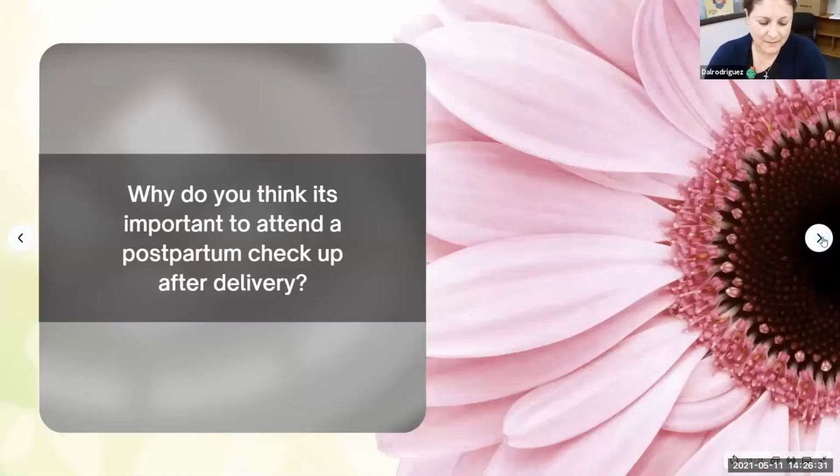Some of the reasons, in my personal reason: when I was pregnant for my first child, to be honest, I didn't go to my postpartum checkup because I didn't think it was that important. But as I got pregnant for my second baby, and I was getting more educated about my pregnancies and everything, certain things came up, and the doctors were explaining to me that it's really important to continue